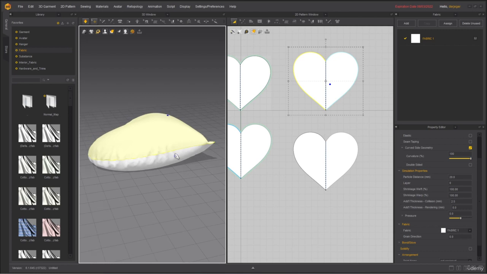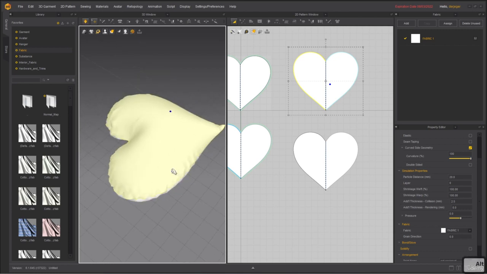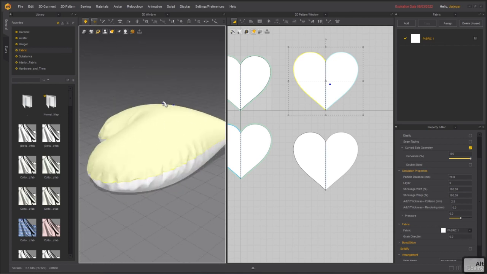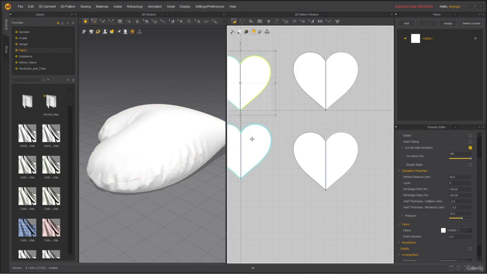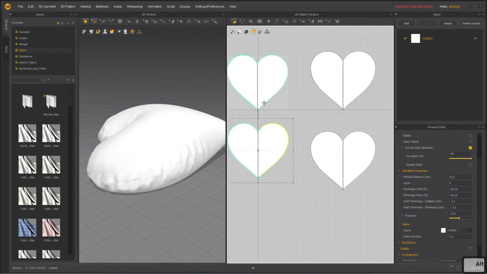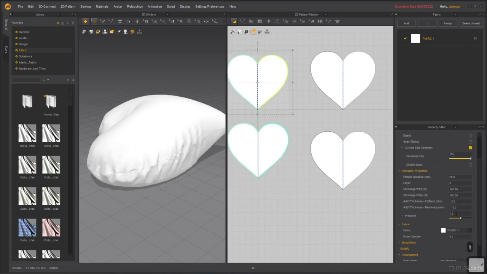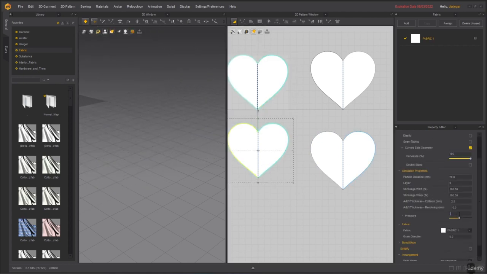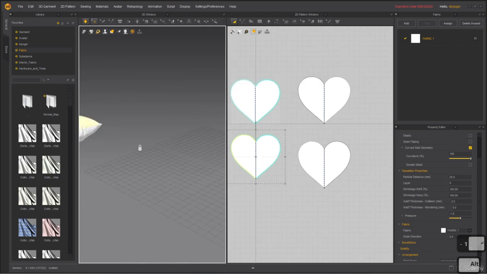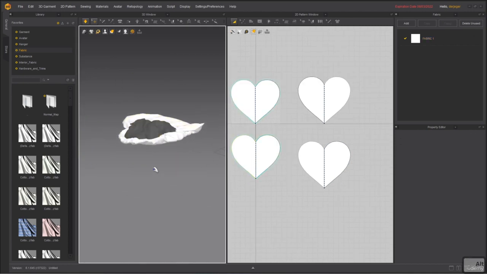Something that has happened to some of my students when we're doing this exercise is that the pillow starts becoming really, really flat. That might be because you don't have enough pressure on your heart shape. So if I were to go here and change the pressure, for instance, this one's going to be, I don't know, 1, and then this is -1. What's going to happen is that the thing is going to fall and it's going to become flat. Why? Because the